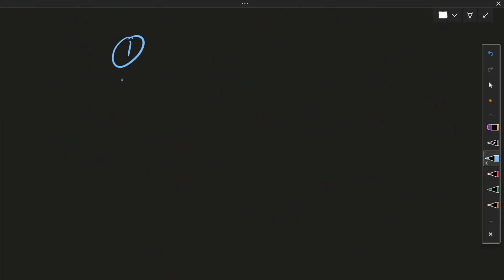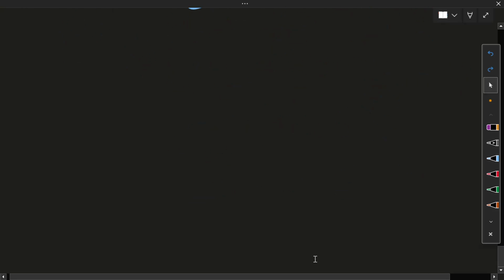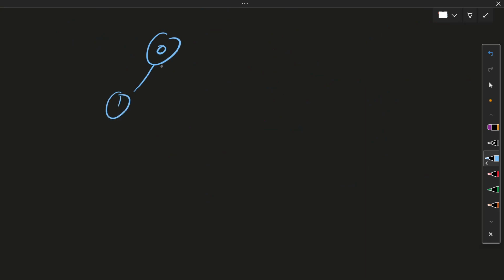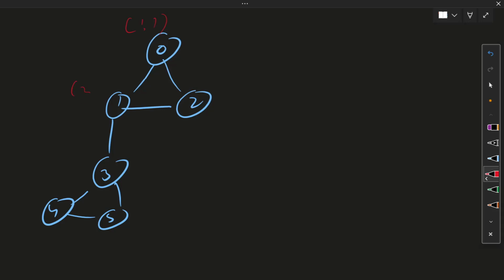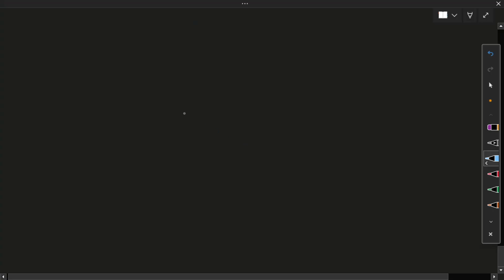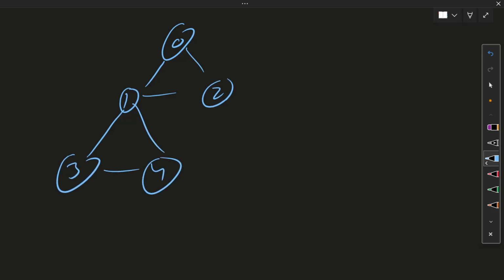If I have a graph like this, starting from index 0, we have discovered at time 1, at time 2, at time 3.